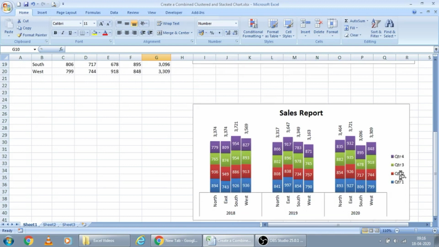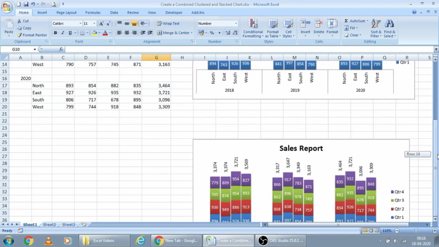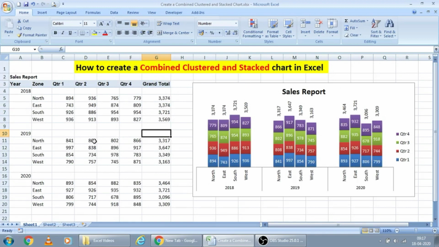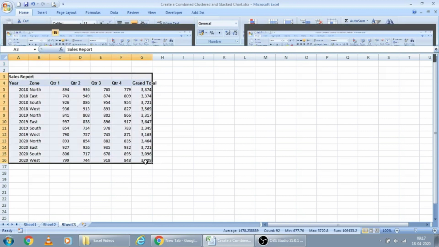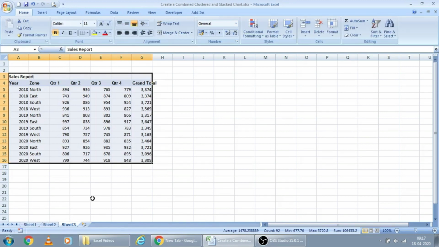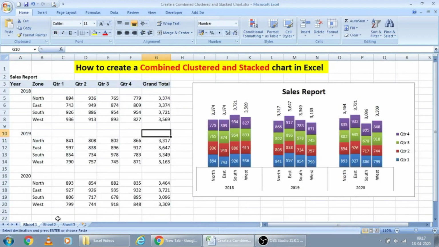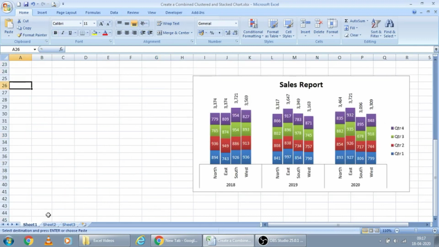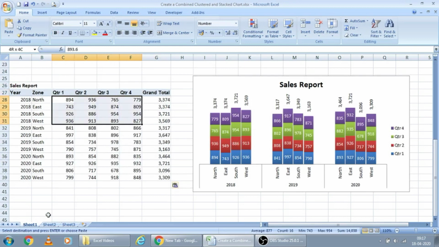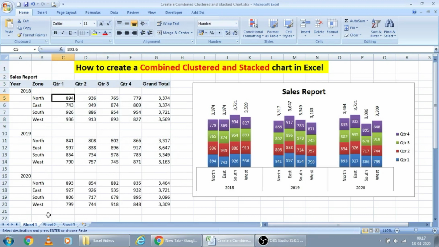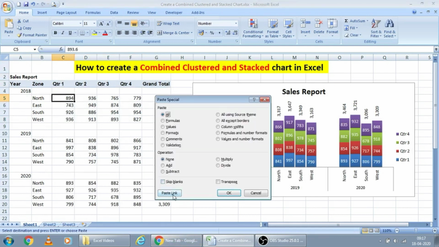The same chart is visible here. If you want to retain the original data format like this, just bring the source data here and link those cells to your chart area, by copying and linking here: paste special, paste link.